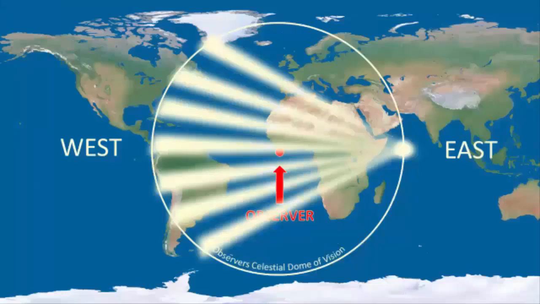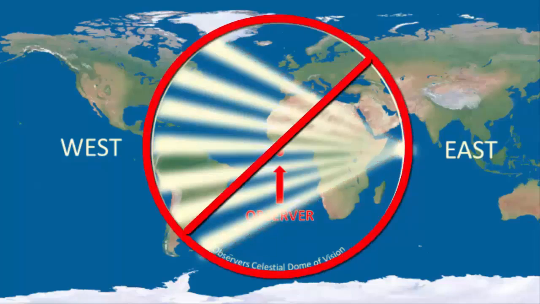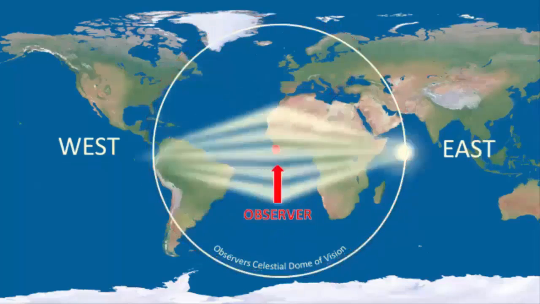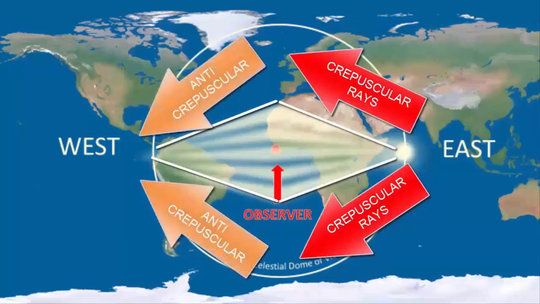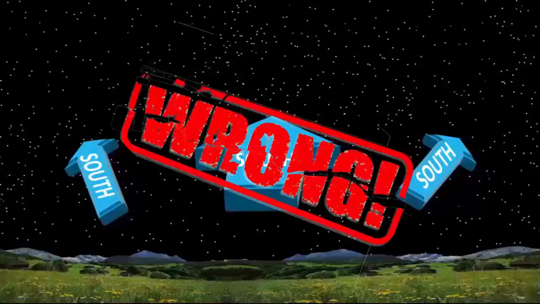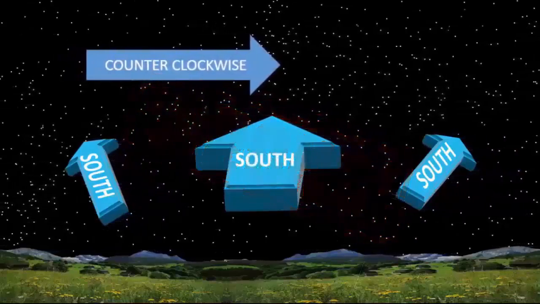We wouldn't expect to see the crepuscular rays diverging out from the sun, and then as they go over our head and head for the opposite horizon, continue to spread out, because that's not what we see. We don't see that in nature. What we see are crepuscular rays that are diverging out from the sun, and as we look to the other horizon, we see a convergence of sun rays called anti-crepuscular rays. They don't continue to spread out. They converge to a point on the opposite horizon, because the precedent is set with the crepuscular and anti-crepuscular rays.